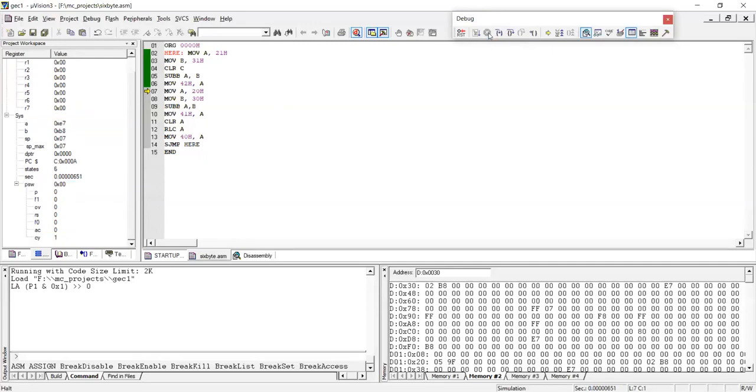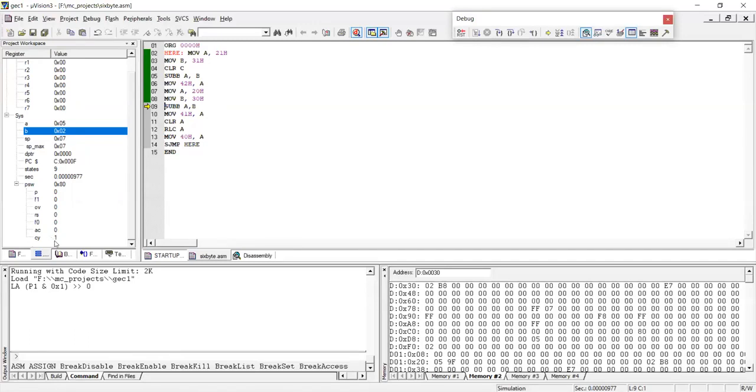MOV A, 20H. Now I'll read the higher byte number stored in 20H, which is 05, and the higher byte of the next number we move into B. Now we'll perform the subtraction of the contents of A with the contents of B, and the result is stored in the accumulator.